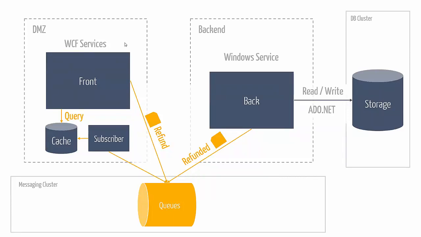So what we did is on the WCF services front end, we essentially introduced some kind of a query cache. And then we introduced a messaging cluster in between. At that time, we were using MSMQ, but that doesn't really matter. So whenever a refund came in for an invoice, we issued a command, invoice refund, to that queue, and the backend system, instead of being queried or called via RPC directly, was just listening on those queues, fetching those invoice refund commands, doing some processing against the storage, and once it was done, then published an invoice refunded event in that specific example that was subscribed by the demilitarized zone,